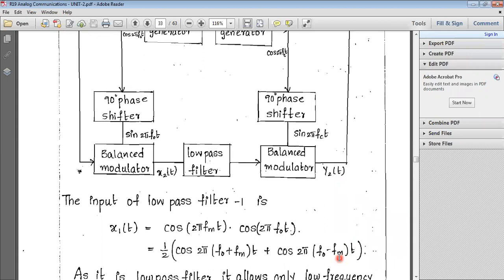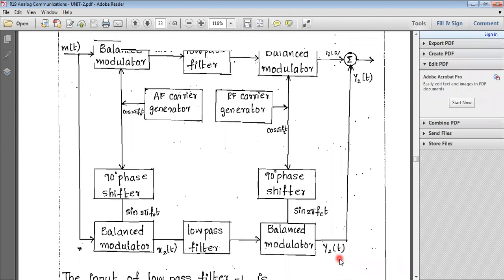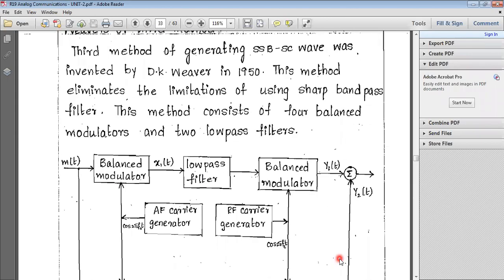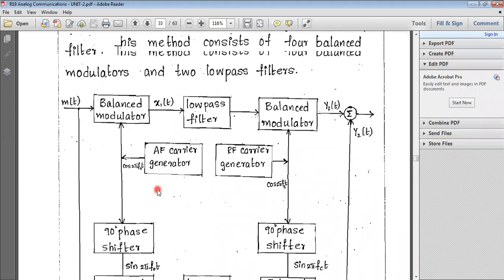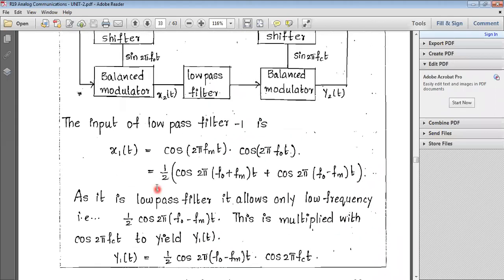Now observe the mathematical analysis. First, write the input for the first low pass filter. What is the input for the first low pass filter? It is the output of the first balanced modulator. We can represent it as x1 of t. So therefore, you write x1 of t equal to